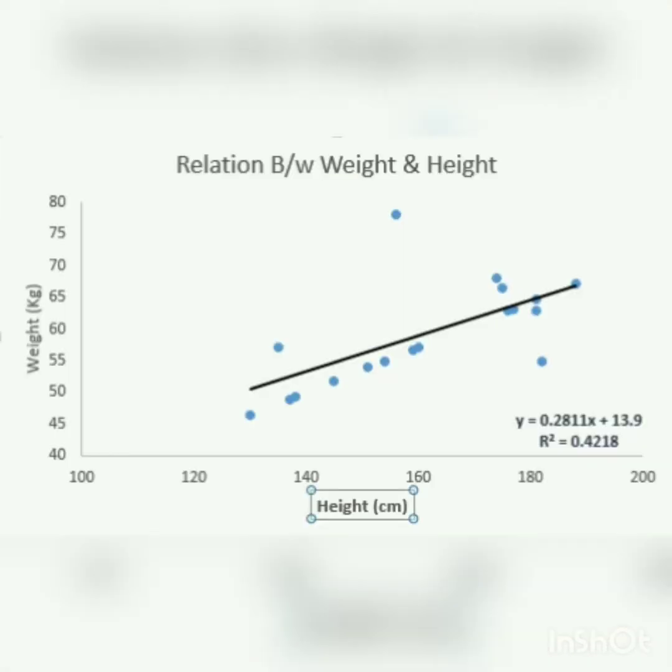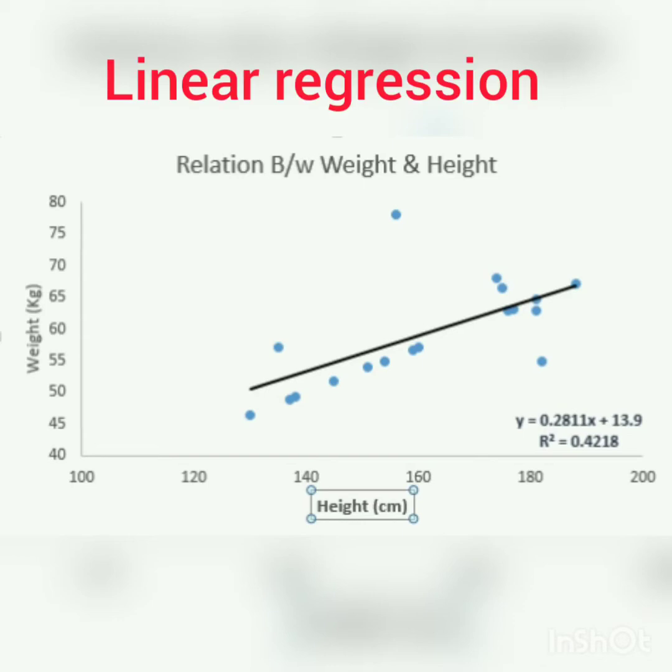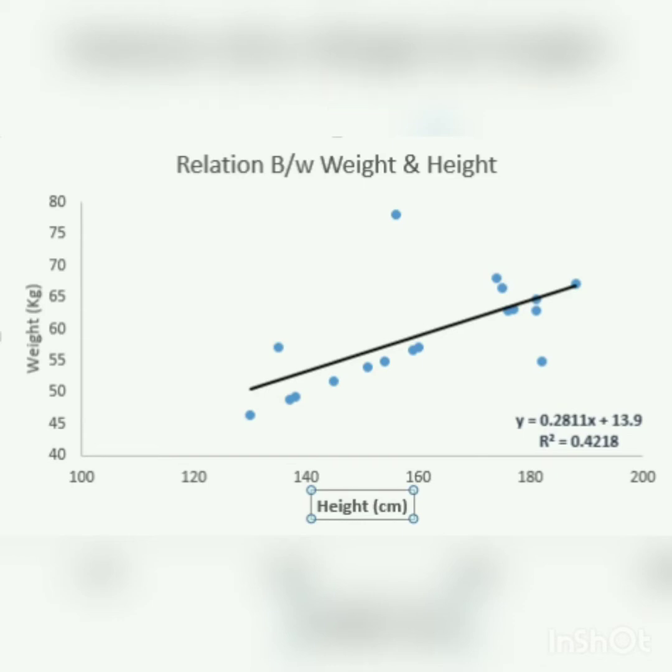It is used to estimate real values, cost of houses, number of calls, total sales, etc. based on continuous variables. Here we establish a relationship between independent and dependent variables by fitting a best line. This best fit line is known as the regression line and is represented by a linear equation y = a * x + b.